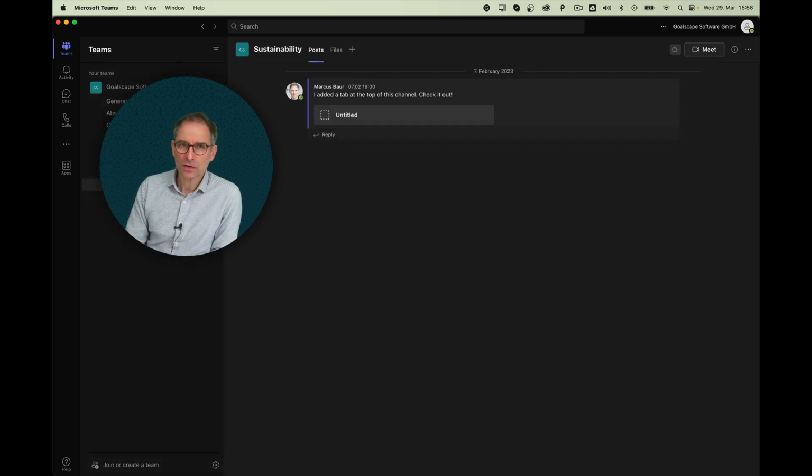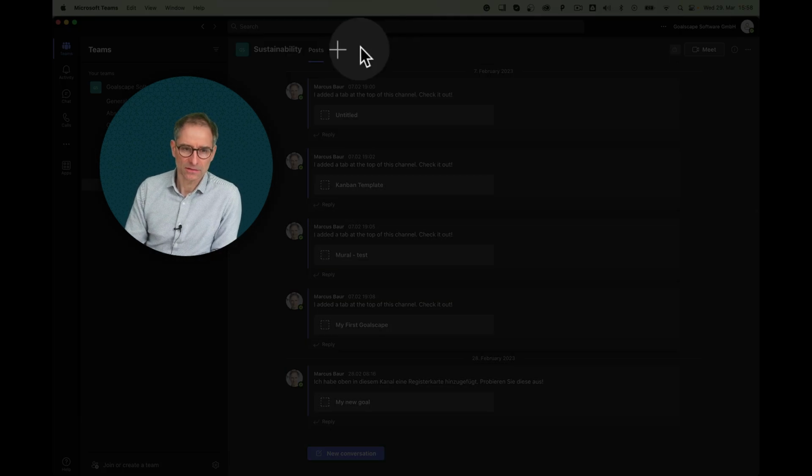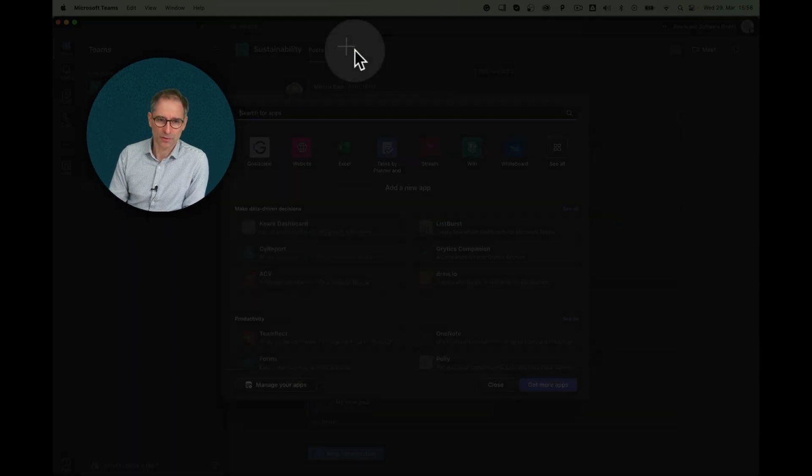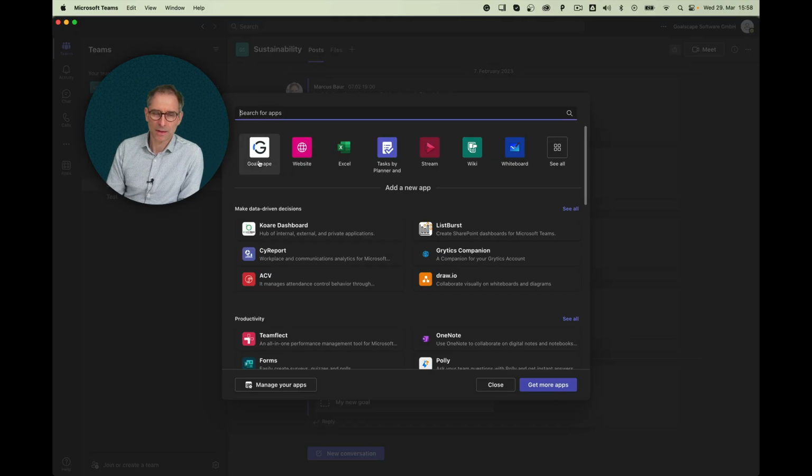If you want to share a Goalscape inside a Teams channel, just hit the plus sign in the top right here. Search for the Goalscape app. If you can't find the app, talk to your IT administrator. He can enable the app. It's freely available in the Microsoft Teams App Store. Once he's enabled it, you'll find it when you search for Goalscape. Click on Goalscape,